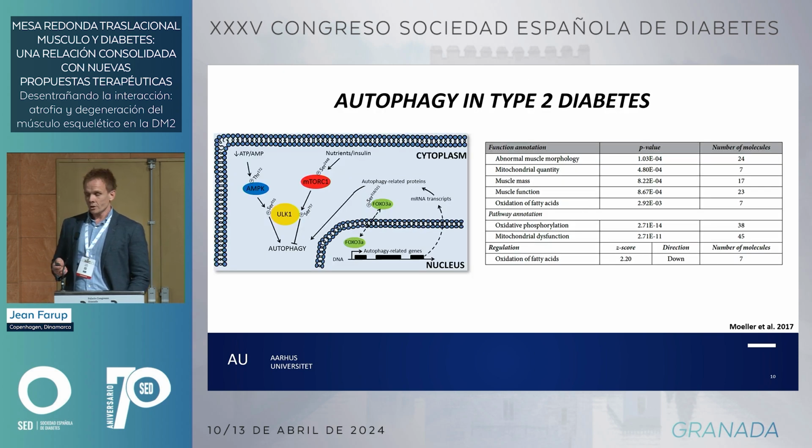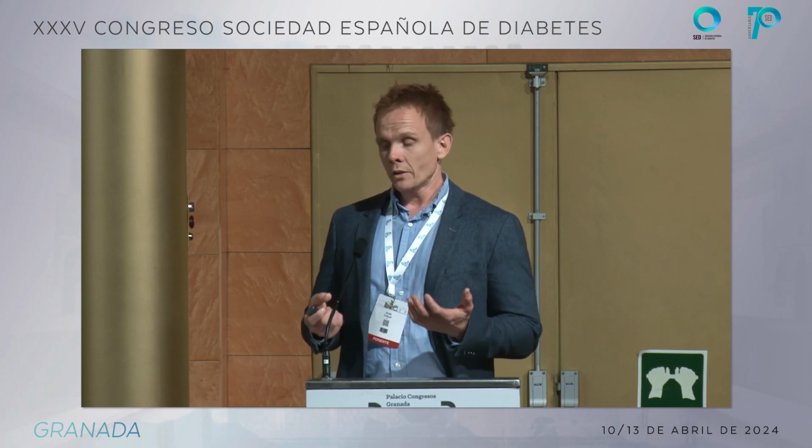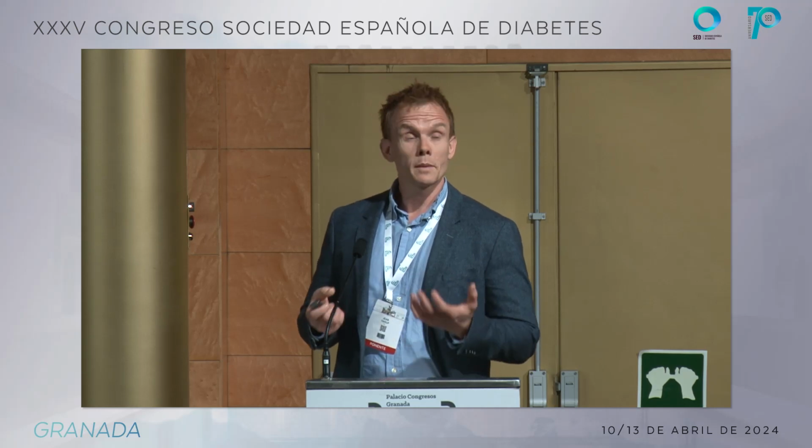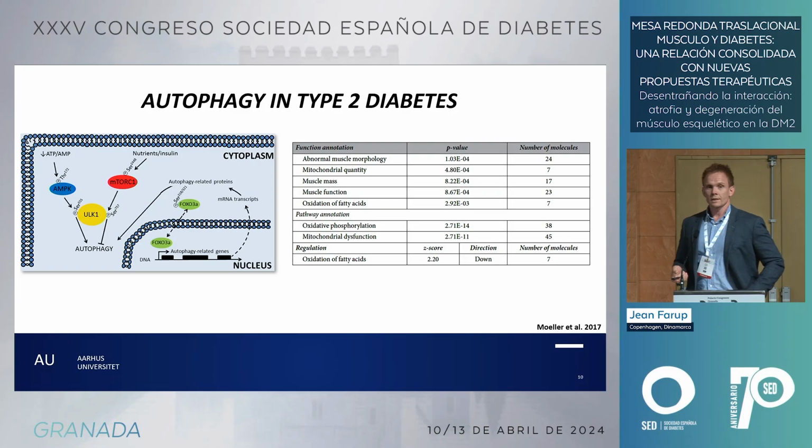And what is regulating autophagy? Well, the nutrient status of the cell is a key driver of autophagy. So when you have starvation, you will activate AMPK, and this will initiate non-transcriptional activation of autophagy. And conversely, if you have excess nutrients or insulin, this will inhibit autophagy. So based on our RNA-seq data and the fact that insulin and amino acids are potent stimulators or inhibitors of autophagy, we reasoned that this could be influencing the ability of the muscle cells to initiate autophagy.